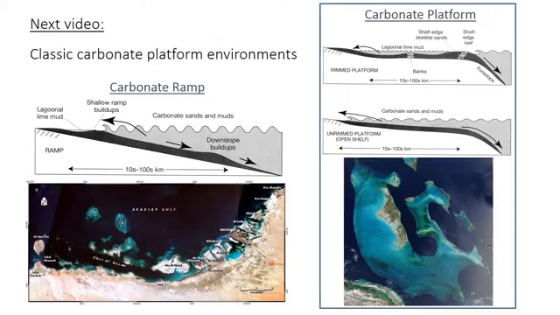So that pretty much concludes the characteristic features of carbonate ramp facies. The next video will discuss carbonate platforms, which are the classic and the best studied of the carbonate environments. Many of the facies and structures that we discussed today are also found in carbonate platforms, but the distribution of energy differs significantly, and so this means the distribution of facies is also very different.